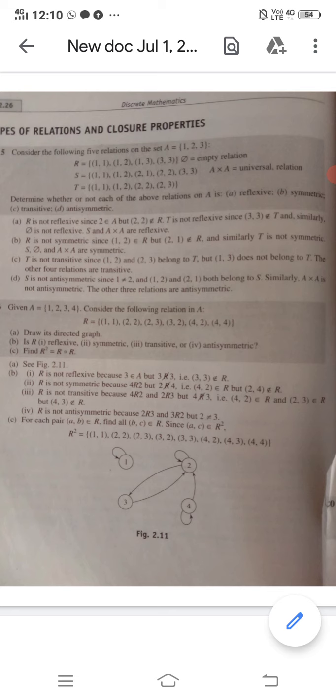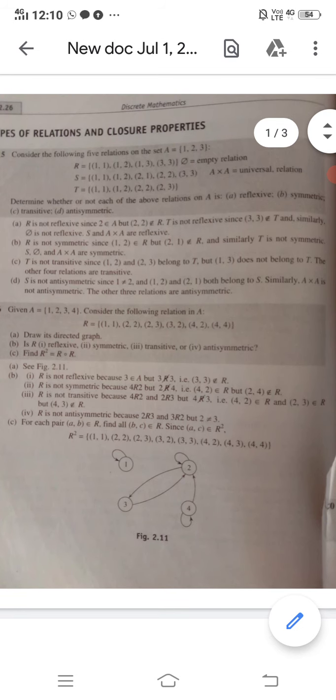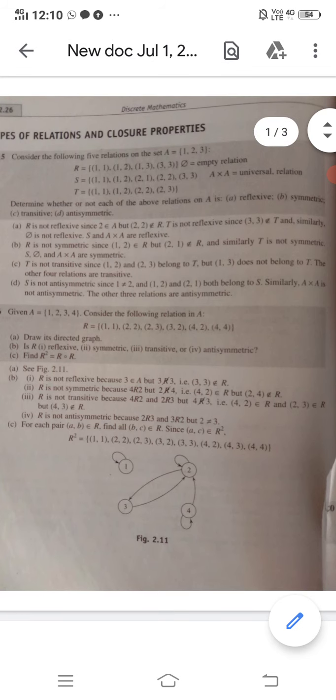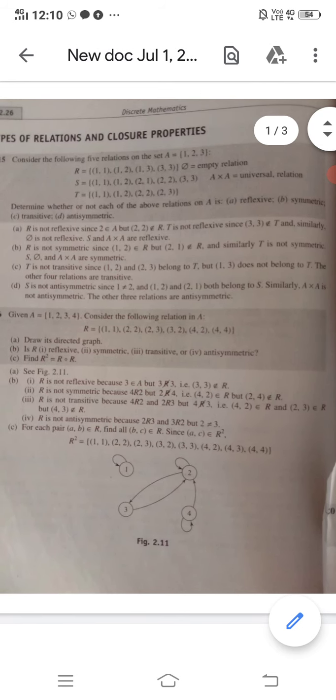The formula for finding R square I have discussed in a previous video. For R square, R cube or any power of a relation, we will have to do composition. The method of finding composition I have also discussed in other videos. So we have to draw the set with the relation, then we can find R square. So the answer will be (1,1), (2,2), (2,3), (3,2), (3,3), (4,2), (4,3), (4,4). For composition of relations, just watch my previous video, you will get the answer on how to draw the composition and how to find R square, R cube or any power of R.